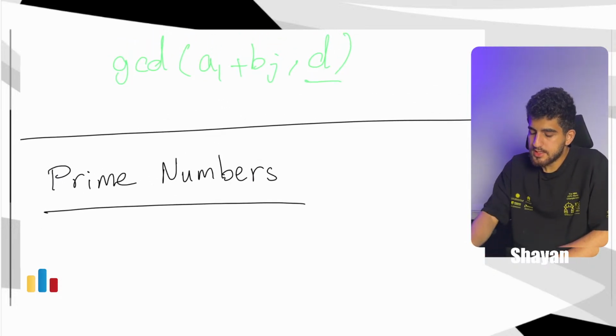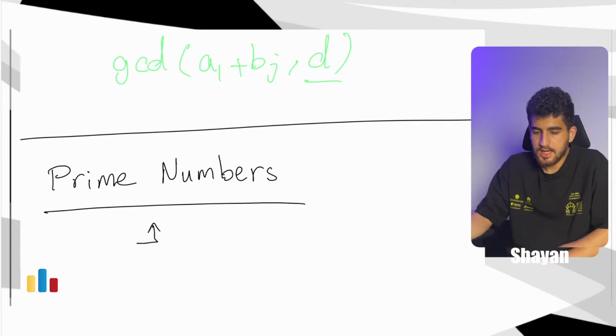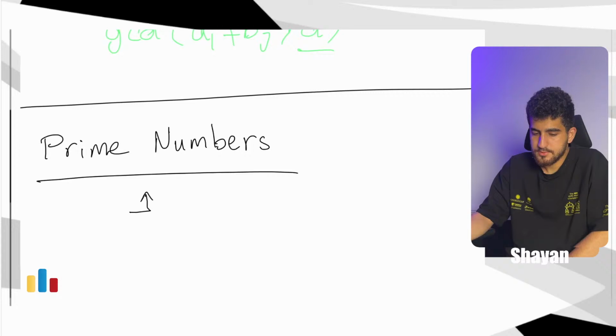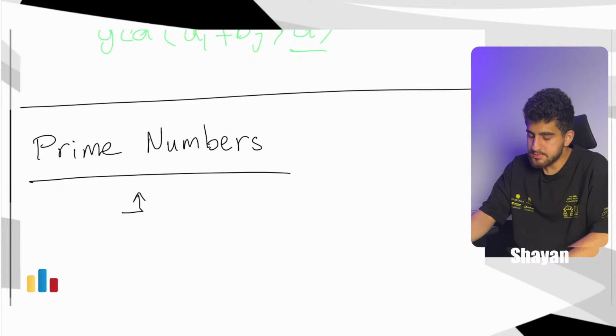So, the next important thing is prime numbers. Assume that, no, I'm not participating in Meta Hacker Cup. Assume that